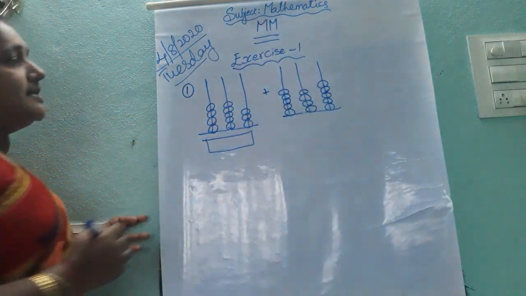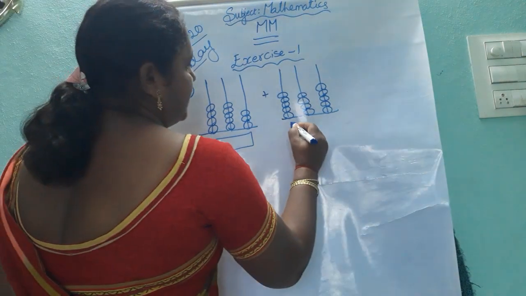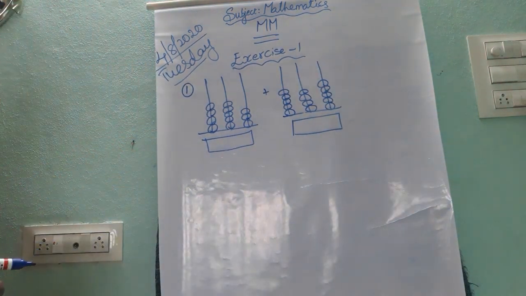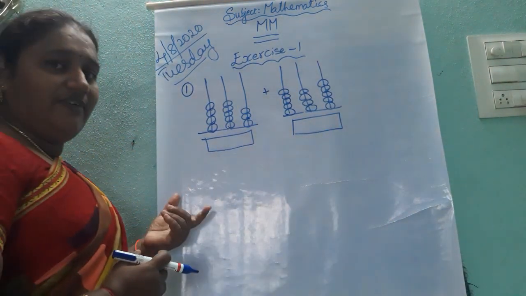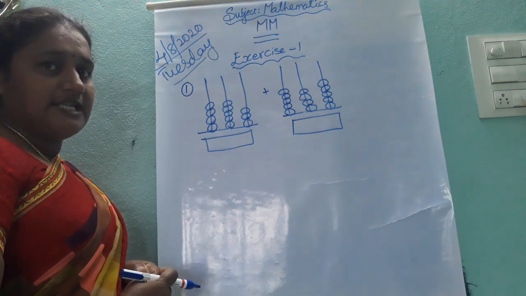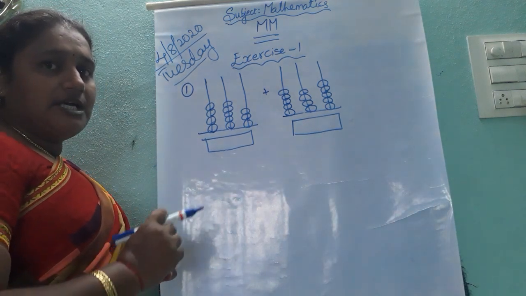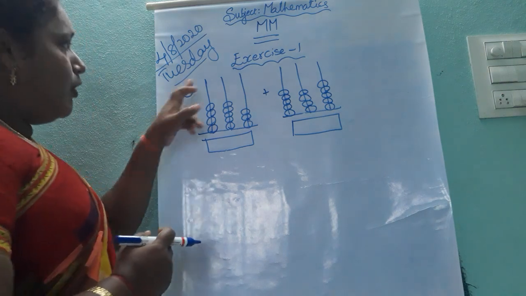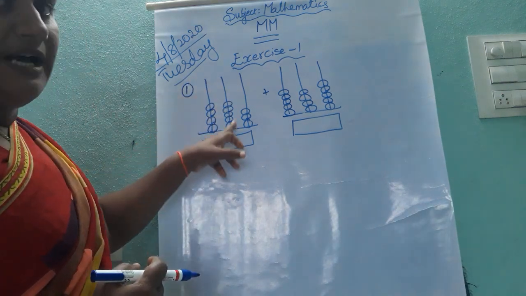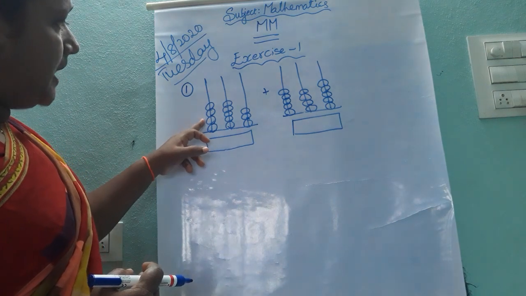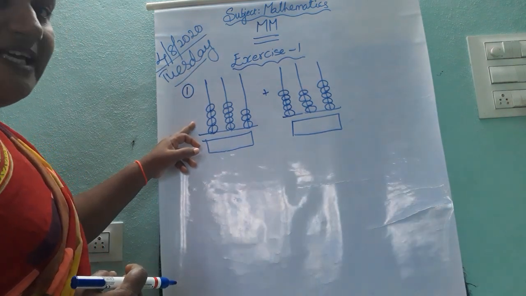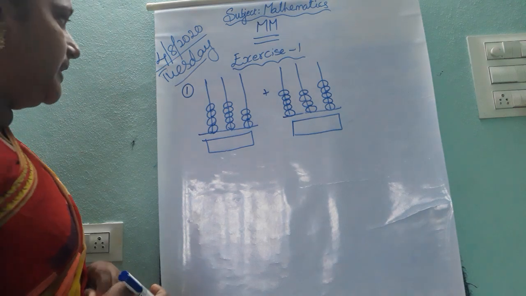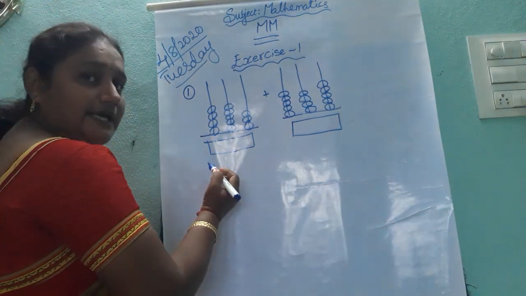Okay, once look through this abacus picture. What are these? How many beads were given in the abacus? If you see, the abacus has some spokes and some beads. We call these lines spokes, and these rounds and circles that I drew here are the beads which we can see on the abacus. Okay, children, see here how many beads were given.